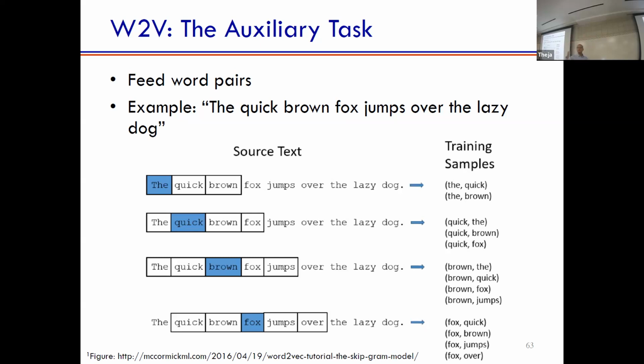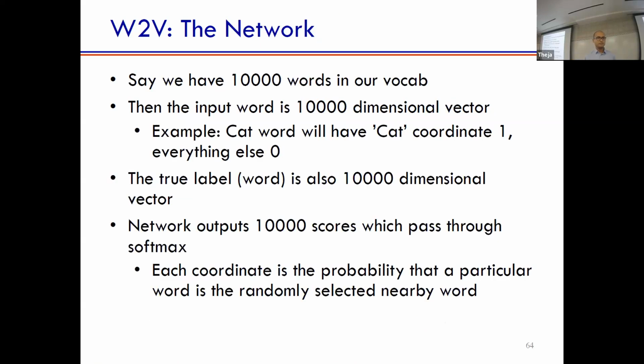When I produce the distribution over these 50,000 classes, let's say my vocabulary size is 50,000, then the index of the brown word should have the highest probability. Hopefully, that's it, it's just a 50,000-class classification. Okay, so let's focus back on the network. As I said, the network is